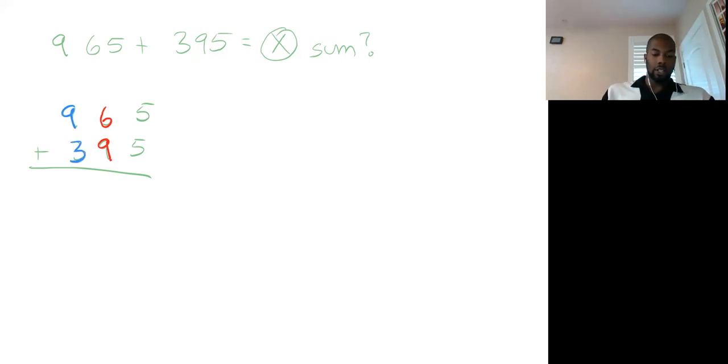All right, so I start again at the back, and I say, all right, add the ones together. A 5 plus a 5 is a 10, right? So I keep the 0, which is in the ones place, and I move the 1 that was in the tens to the tens spot. And now I say, what is 10 plus 6, or 10 plus 60, right? Or 1 plus 6 is 7. 7 plus 9 is 16, so I keep the 6,